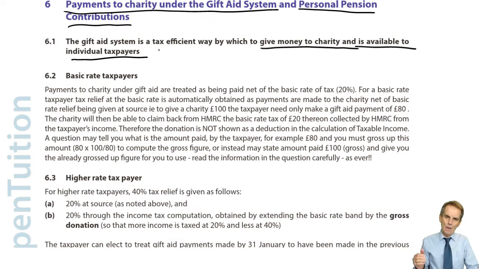Now then, if I choose to make a donation to a charity, I take money out of my pocket, money out of my bank account, I transfer to the charity. That is coming out of, shall we call it, my net disposable income, i.e. after tax has been deducted. I had a salary, I paid tax on that salary, I received the net pay, and out of that net pay, I then choose voluntarily to make a donation to my favourite charity.